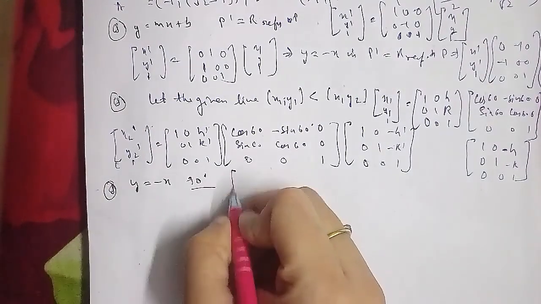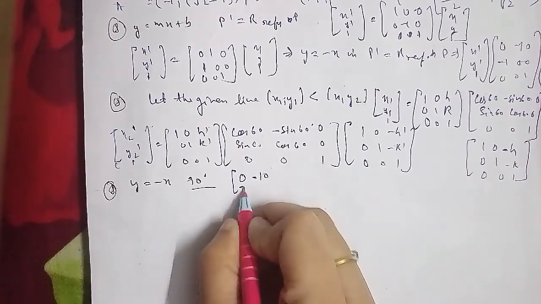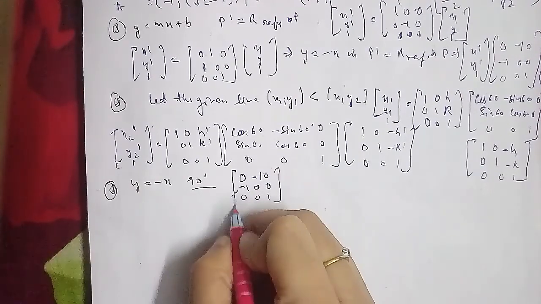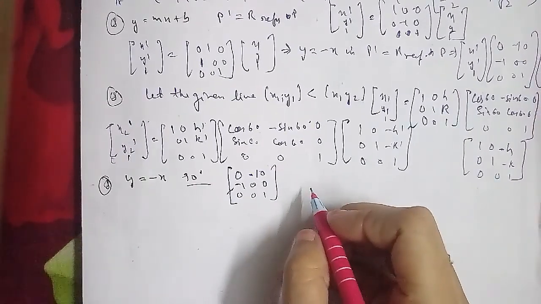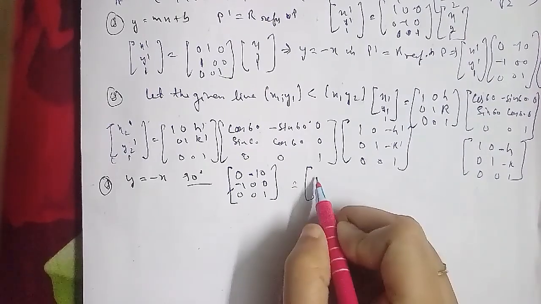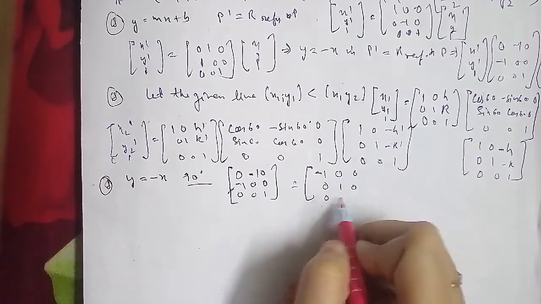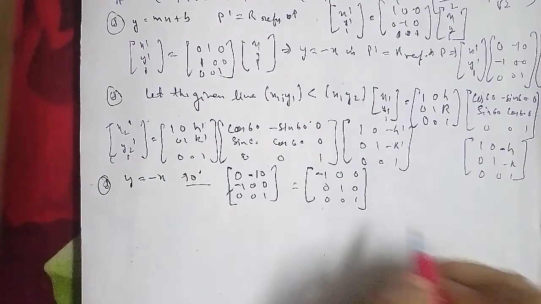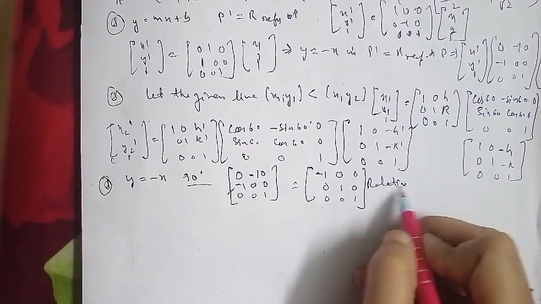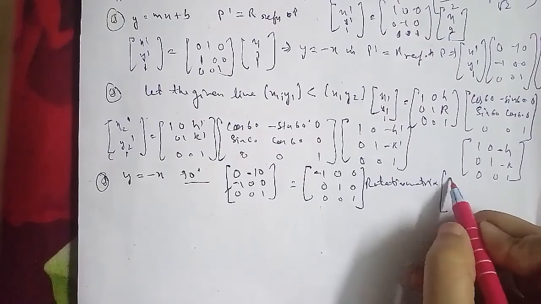cos 90, minus sin 90, 0; sin 90, cos 90, 0; 0, 0, 1, which is equal to 0 minus 1 0, 1 0 0, and 0 0 1. In the same case, for the reflection then the rotation, the composite matrix we have is in the form of 0 minus 1 0, 1 0 0, and 0 0 1